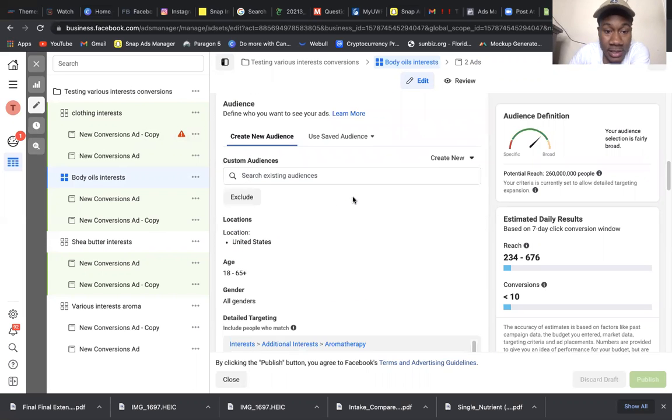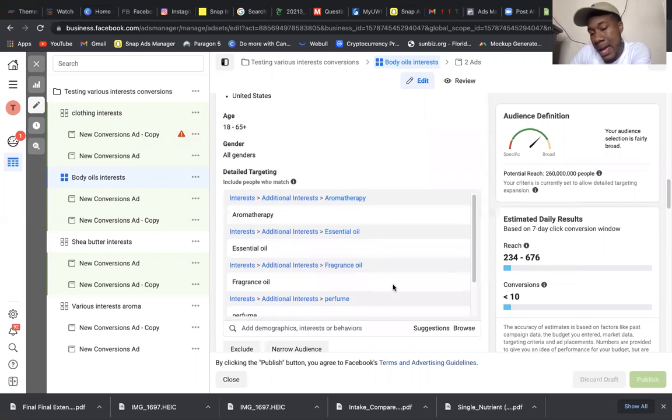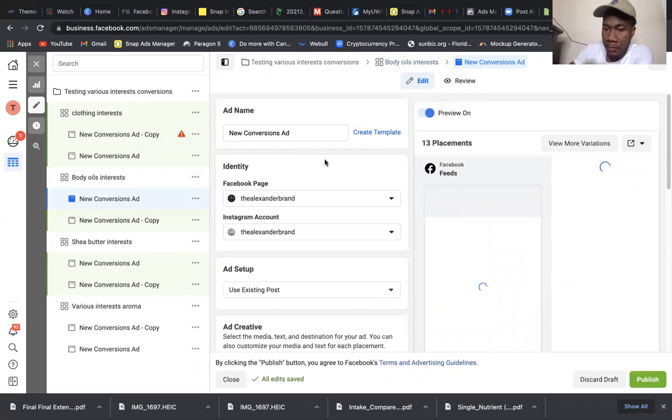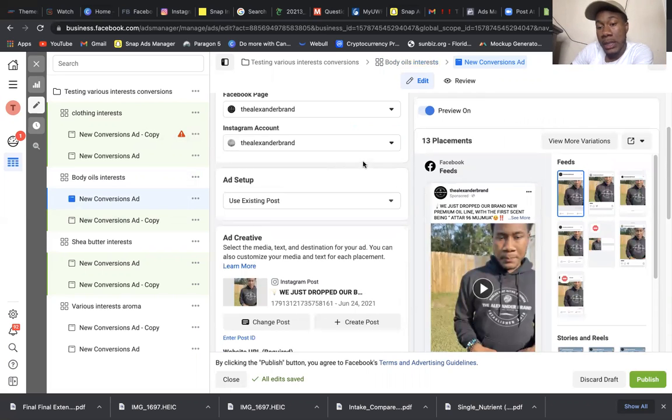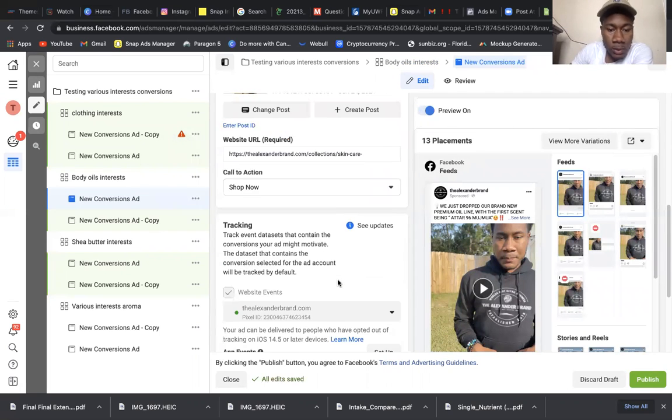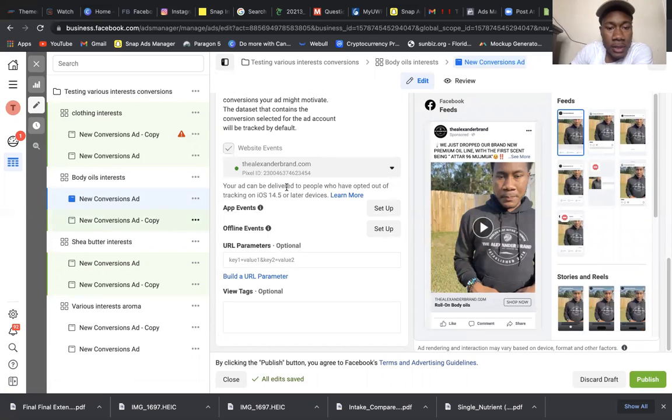Why? Because my target audience, I'm testing ads for fragrance oils. So when you go to my ads, you're going to see that this is an ad for my oils, and then this is another different ad.